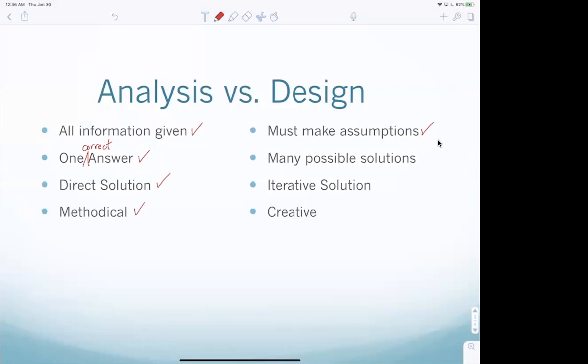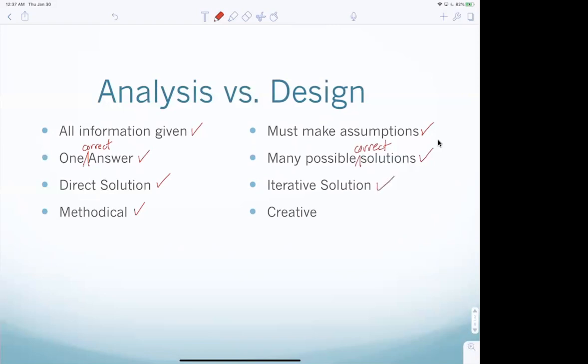There are many possible solutions and many possible correct solutions. It might be a 12 by 24 inch beam with X amount of steel bars in it, or maybe a 14 by 20 inch beam with different amounts of steel, and they'd all have the correct strength. So it's funny, on the homework, everybody gets the same beams, but on exams, people get different beams. And the solution is